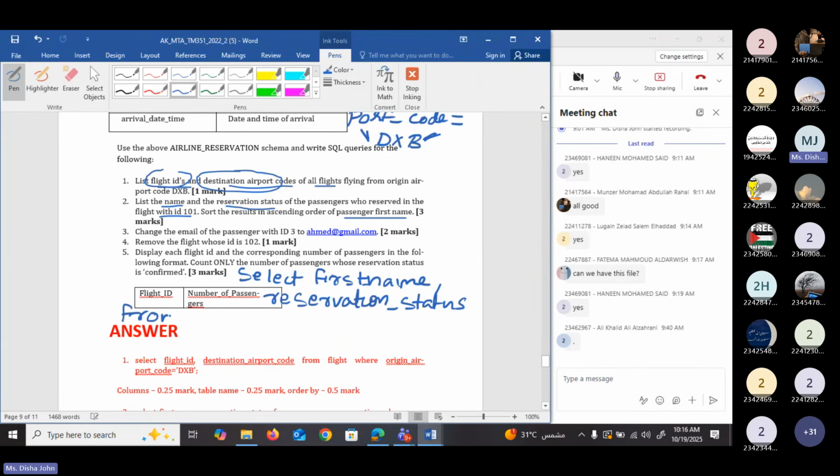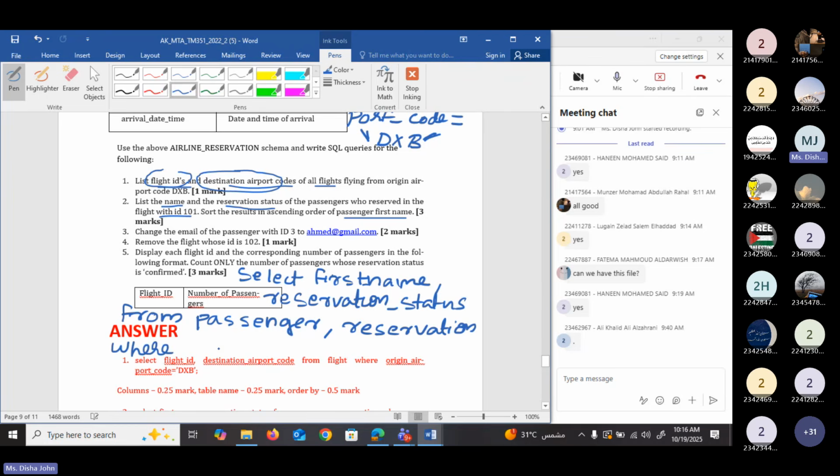Here we are using two tables. So we are using the passenger table. So first write the name of the table, passenger, put a comma. Then we need to write the second table. So the second table is reservation. So we wrote two tables along with the from clause. Then we need to write the where clause.